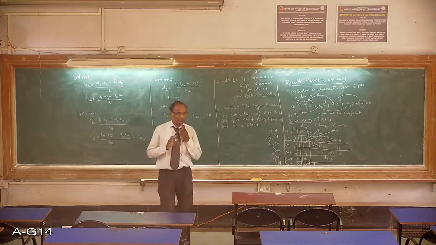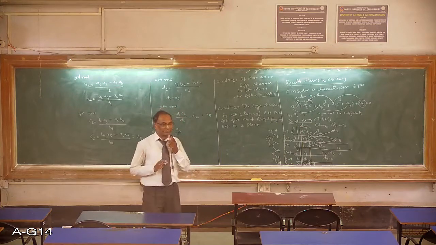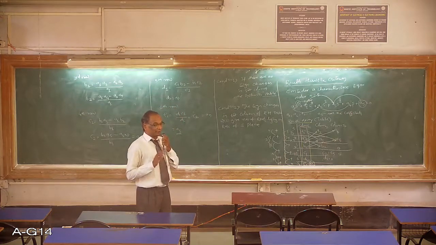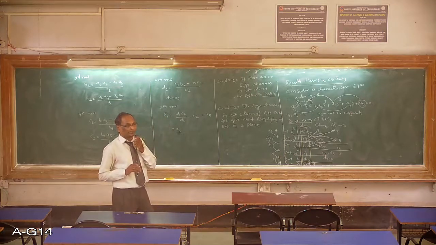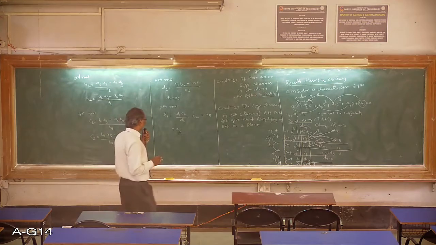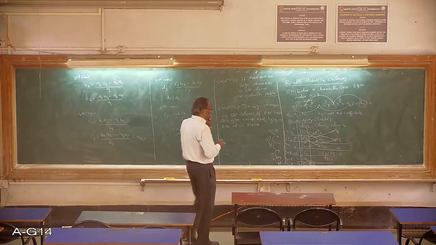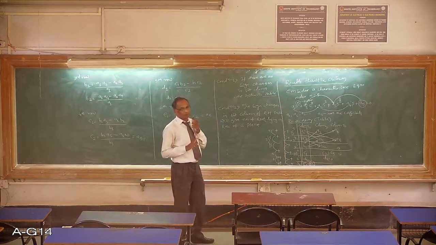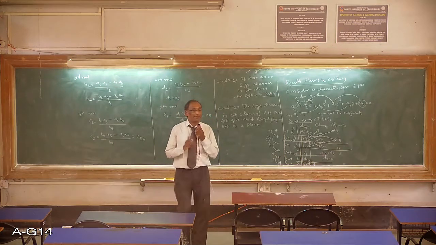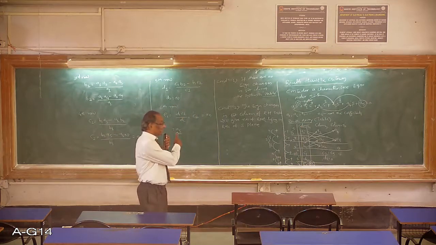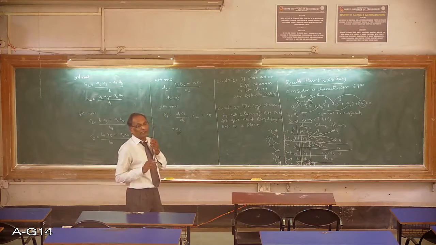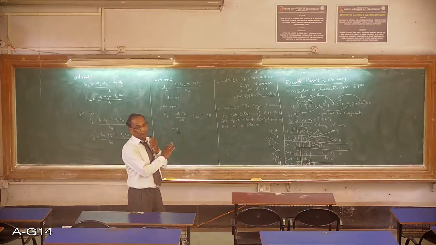By knowing the location of the poles, we can predict how stable the system is. One more term that will come across is relative stability, whether it is more stable or less stable. For that you need to know the location of the poles, nothing but the real part of the pole, which we are unable to find. We only know whether they lie on the LHS, RHS or j omega axis.